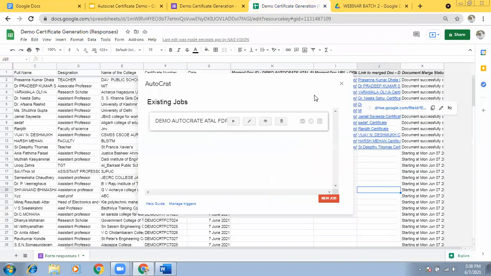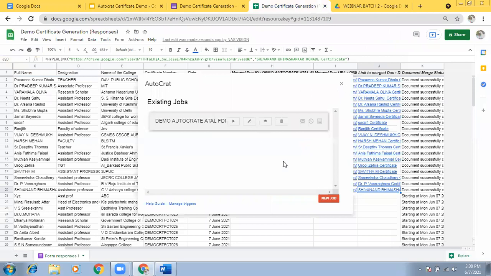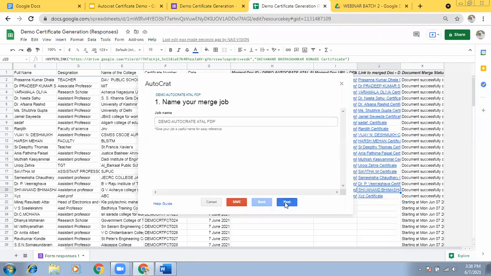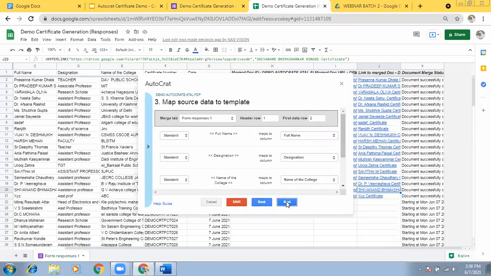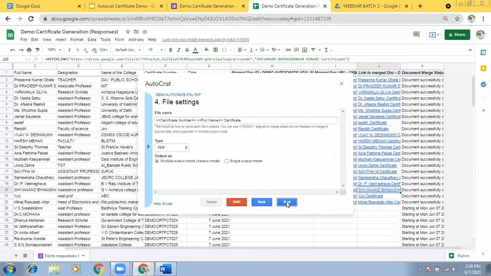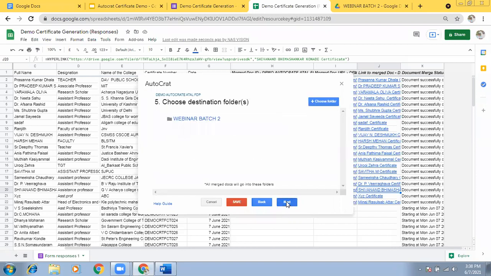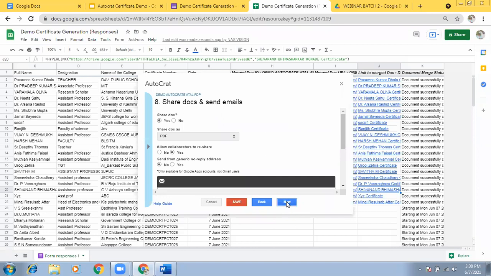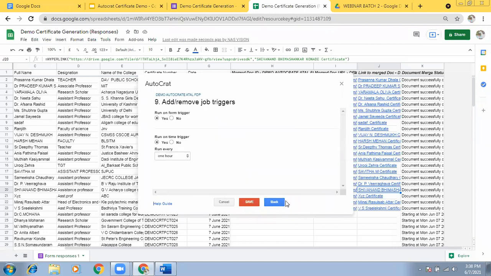Sir, when you were using this AutoCAD window, there was one option that after 1 hour or after 2 hours, the student would get the certificate. Above that, there was another option of runtime, run on form trigger. What was that?